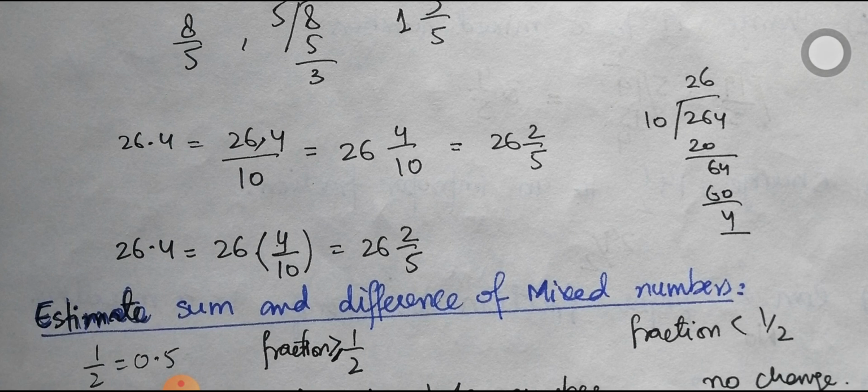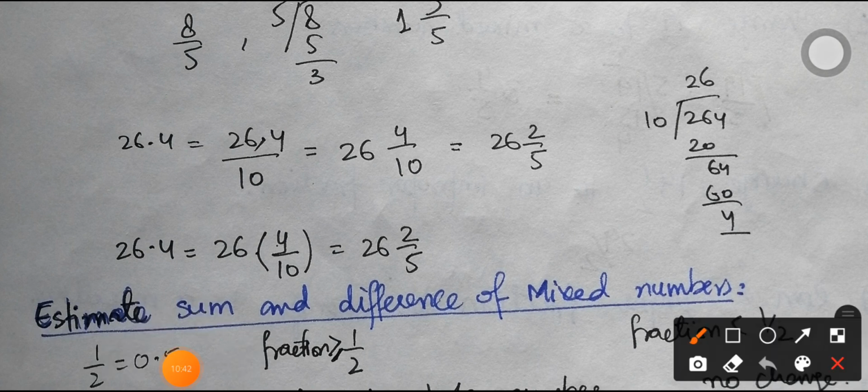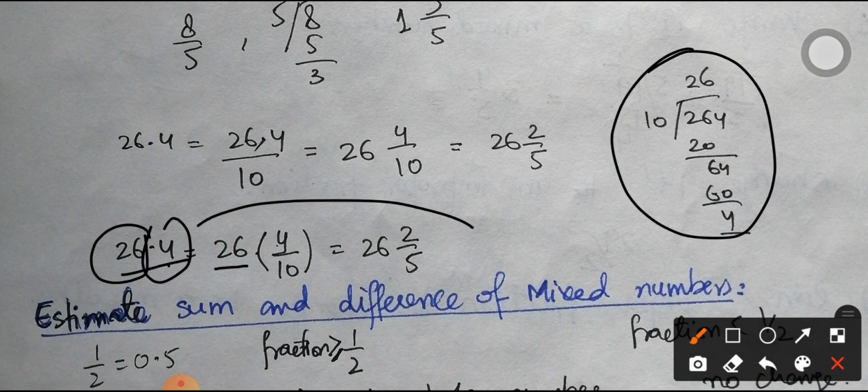If we have 26.4, there is another way to convert the decimal into a mixed number. 26.4 means 26 is exactly the whole amount, and then we have some smaller portion which is represented by 0.4. So we will take 26 as it is, and then we can write 0.4 as 4 by 10. So this is going to be 26 whole 2 by 5. So either you can solve it completely, or you can use the concept that 26 represents the whole number and the decimal part represents the smaller or fractional part that can be written in fraction form.